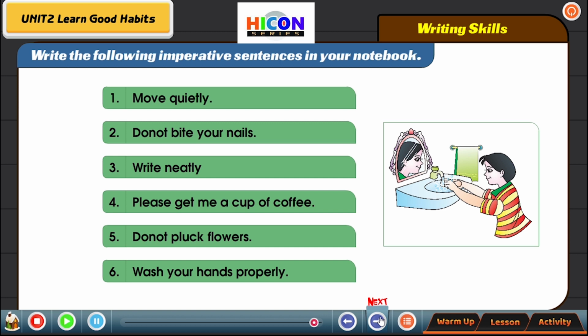Do not pluck flowers is an instruction. No, an order. Do not pluck flowers. Wash your hands properly is an instruction. Wash your hands properly. So I'll keep the screen for 2 minutes so that you can copy these sentences down